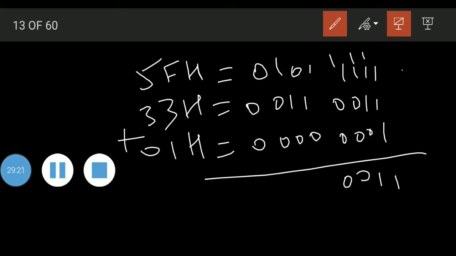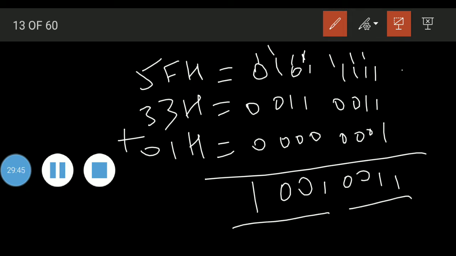See, carry is generated at this point also, parity. D3 is there, right? Auxiliary carry. So 1 plus 1 plus 1 becomes 1 and carry 1. 1 1 0, carry 1. 1 1 0, carry 1 1. Now this is 1000, it means it is 8. 0011, that is 3. So 83H, okay.